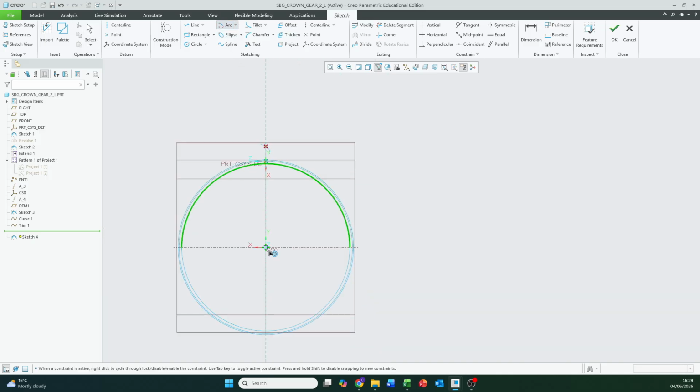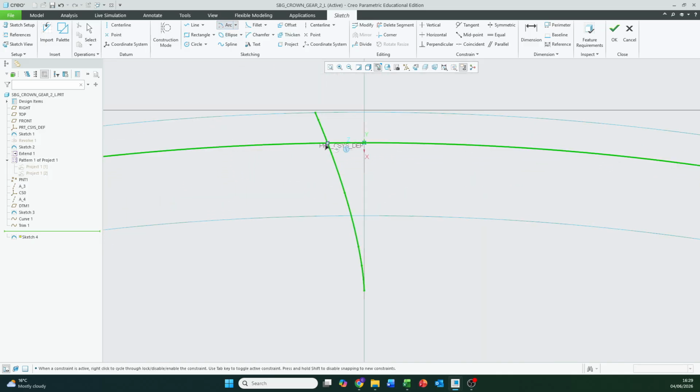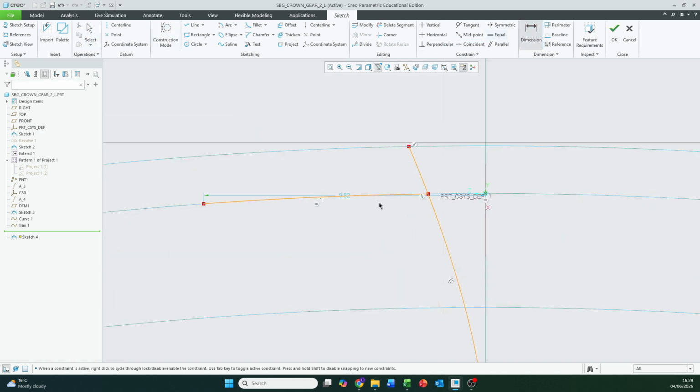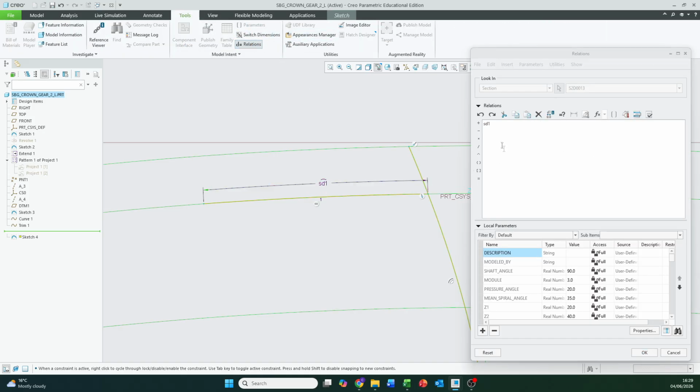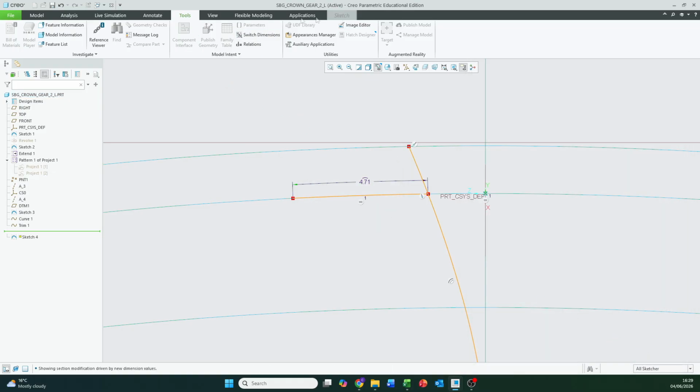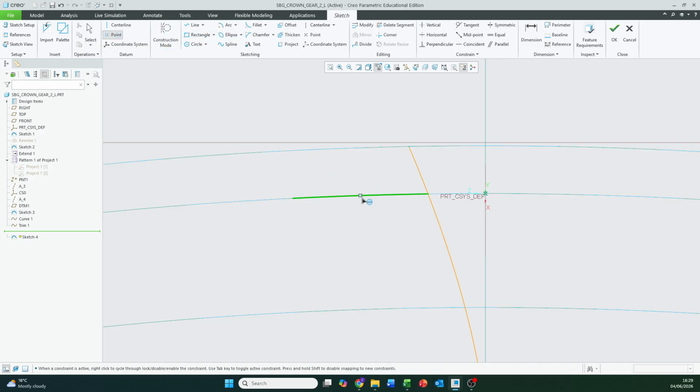Let's draw an arc from that involute curve in this direction. Let's dimension that arc. Again, end, hold control, end, middle button place. And let's relate that correctly to tooth normal tooth thickness, insert to relations, verify. Okay. And then we're going to drop a point in the middle of this arc,